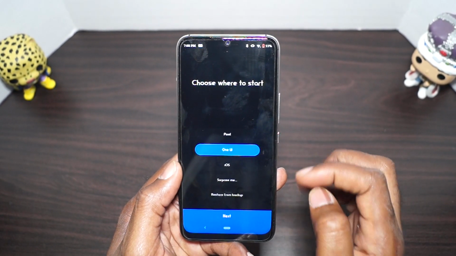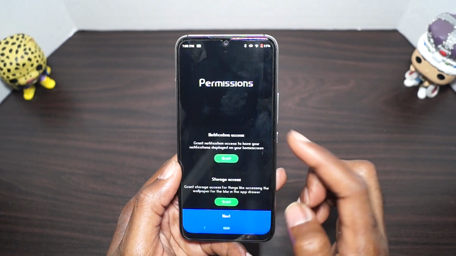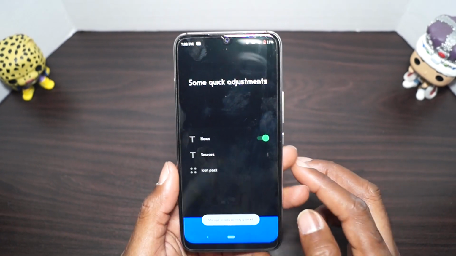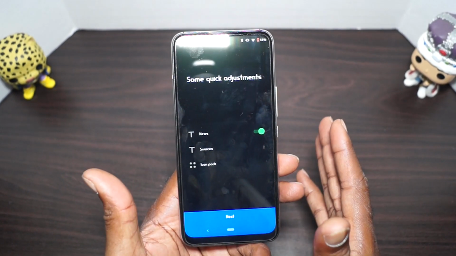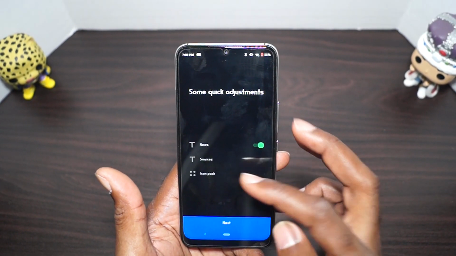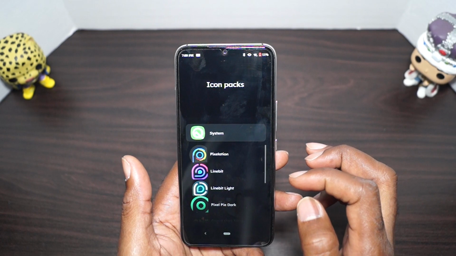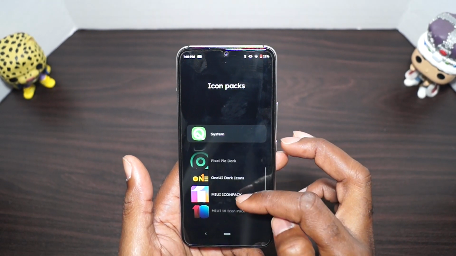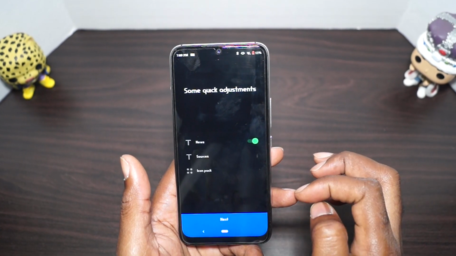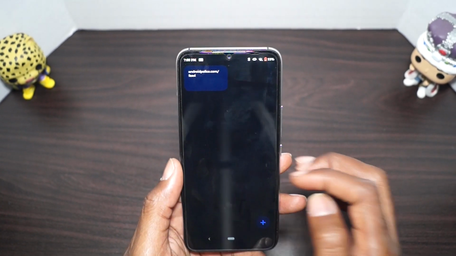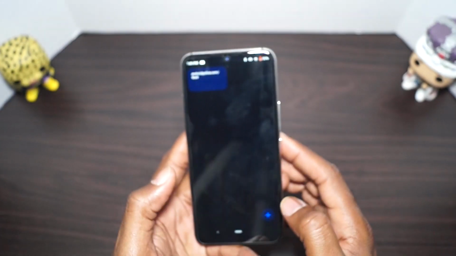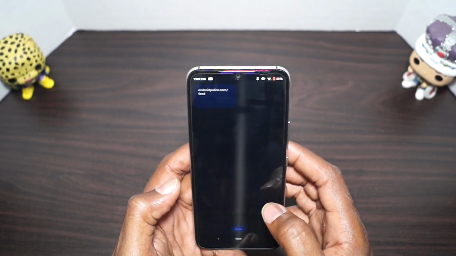So we're going to click on One UI. We're going to go ahead and click next. Then we have some notification access and storage, and now you have your home screen. It won't only be notifications, you can have news feeds as well, and then you can choose the sources, and then you can choose your icon pack. Since I went One UI, let's go One UI dark icons, and then we'll go back. Sources, right now we have Android Police in there, so I'm going to go ahead and type in one of my favorites,